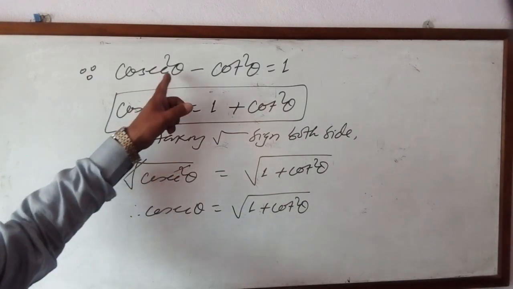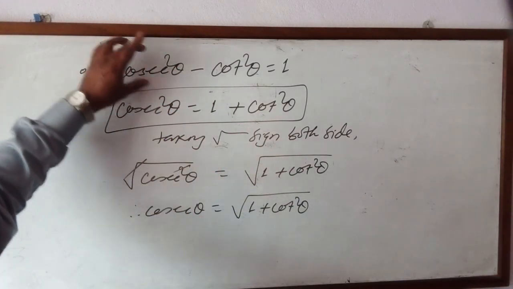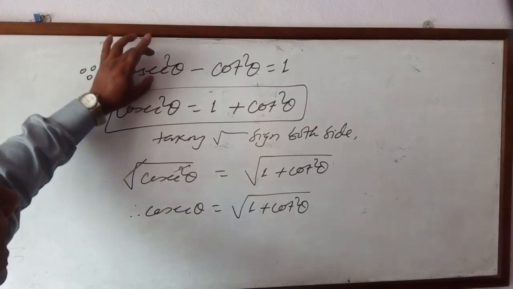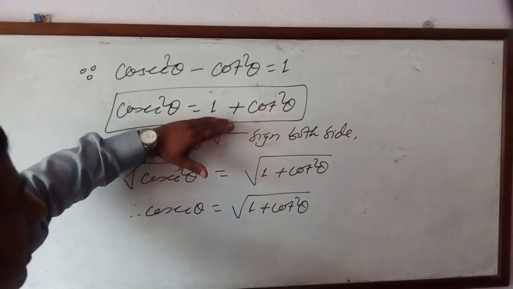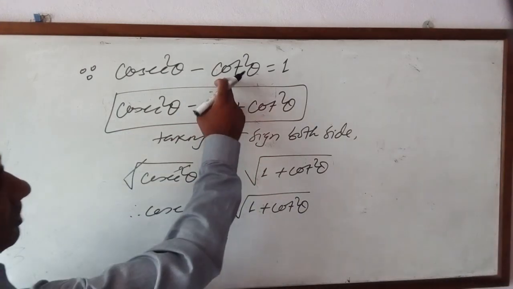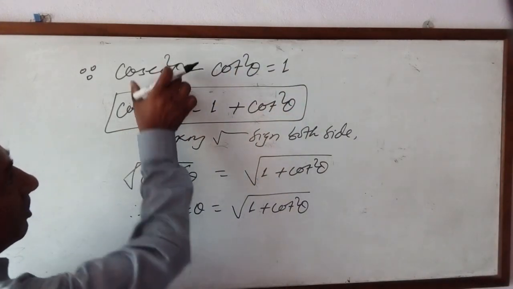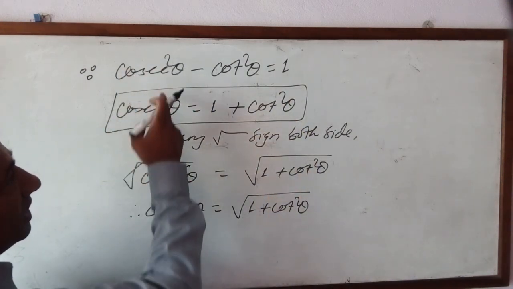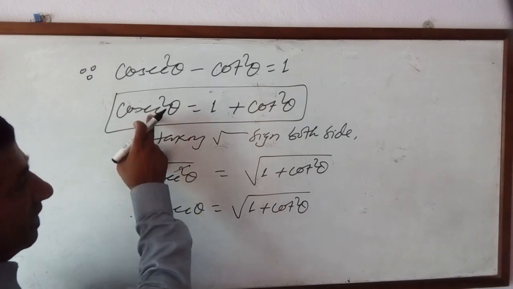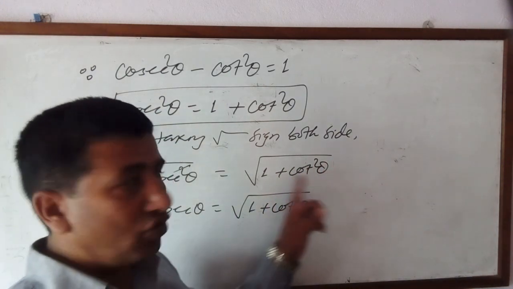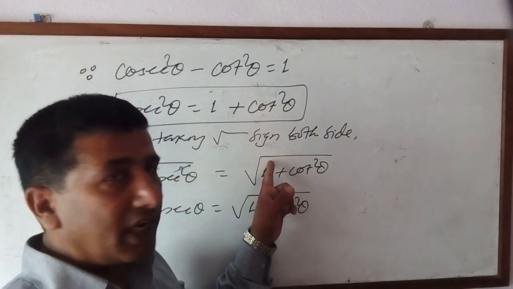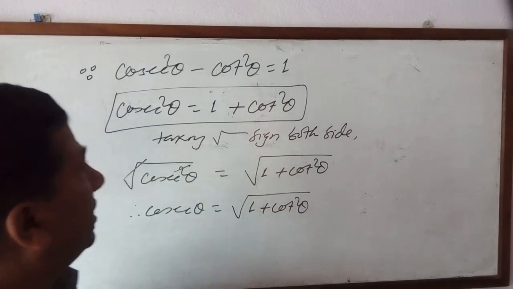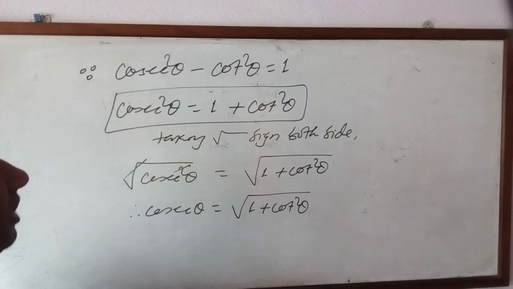In this way you have to prove. This is the main formula, do not think these are two different formulas. From here within a second you should have the capacity to find out this and this. Very easy. When this goes that side, it will be positive. That's why cosec square theta equals 1 plus cot square theta. When you take root on both sides, this radical sign cancels this, but that side there is no whole square, that's why this radical sign will not be cancelled. That's why it remains the same. That is the reason. Now these two forms again.